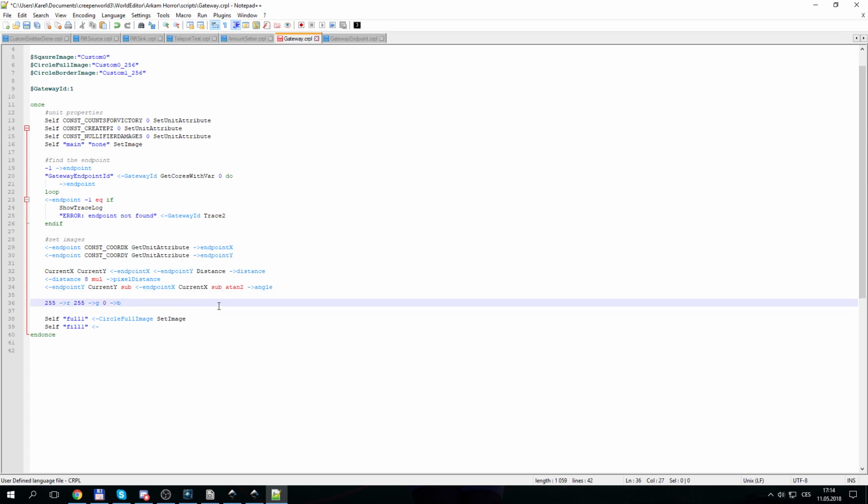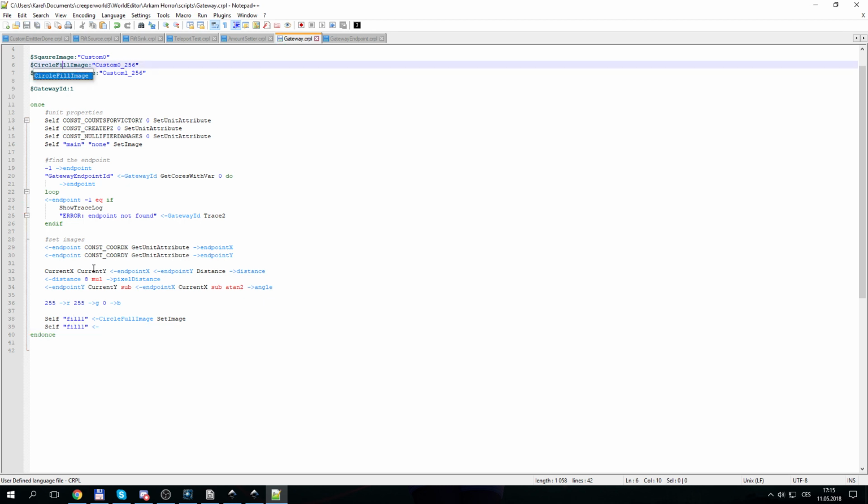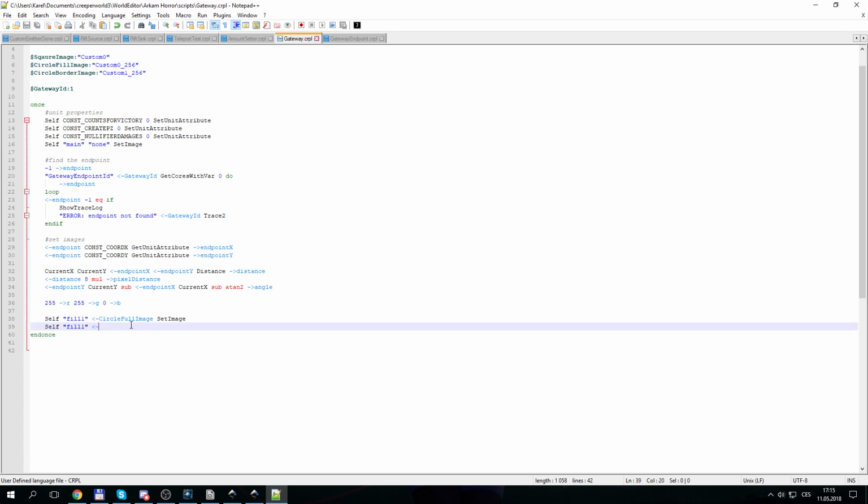Oh, the transparency will be different for the different parts of the image, so let's actually not set the transparency here. Now for the fill, oh, I am calling it fill after all, so let's just name it like this. For the fill I want, let's say, half transparency, so let's just copy these values, red, green, blue, and then half transparency, set image color,